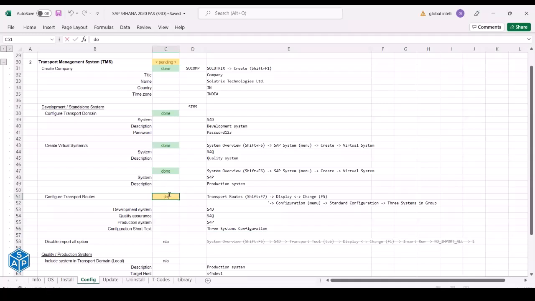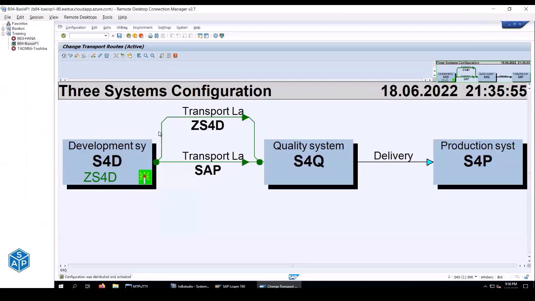Yes, is it clear till now? Can you please repeat that transport layer thing? Okay, the transport layer here is normally from your development system up till your quality system, the next system. From the development to the next system, you have 2 transport layers. Your first layer is this. If you double click on it,